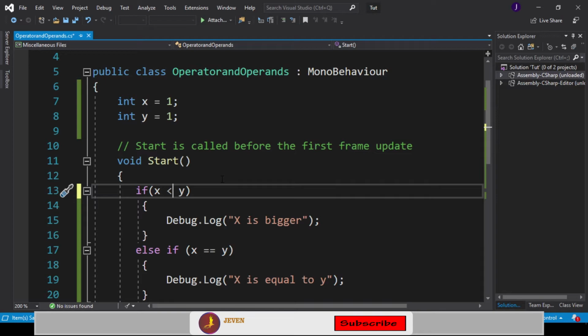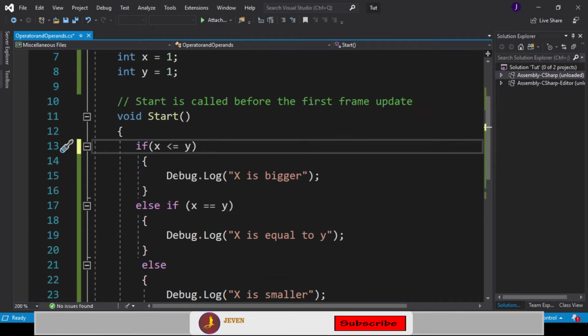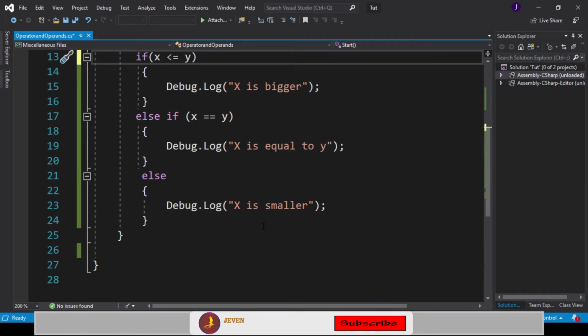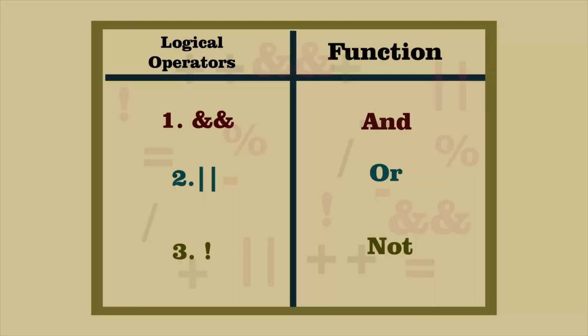Now moving on, we're going to go into the greater than or equal to, and this is basically what it says. It's two values which it's going to be checking. This is or, so if x is greater than y, it's going to print this value. If x is also equal to y, it's going to print this value, right? So x is bigger. That's the simple thing which it means, and the reverse of it is less than or equal to. It does a similar thing, except this time around it checks to see if it's less than, and then it prints it out, or if it's equal to, and it also prints this out. So that is that for the comparison operators. Let's move on